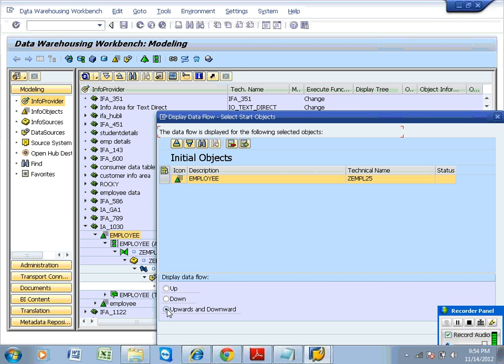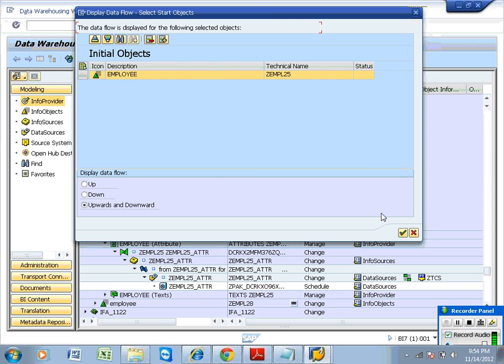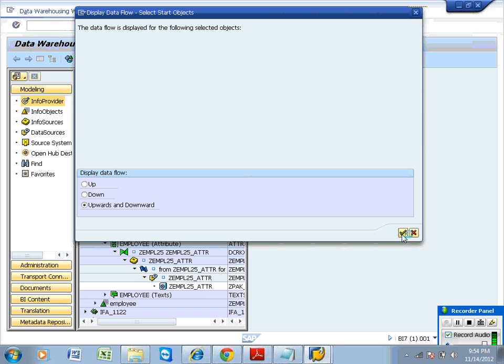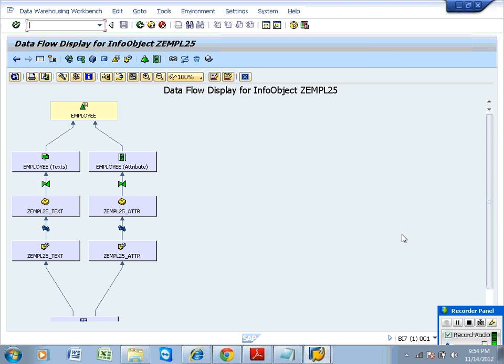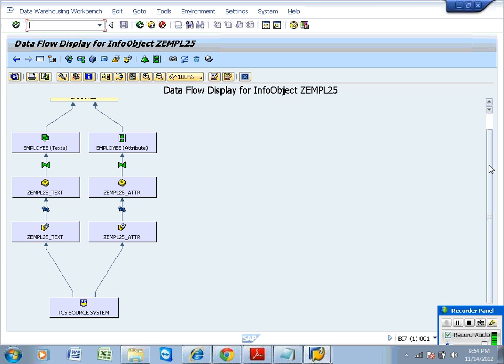In the DI finance system, I am using the data warehousing workbench. I am not using the administrator workbench. Slight differences are there in look and feel, but functionality-wise, you won't find any differences. See here, data flow-wise it will come up in the right way, but it won't showcase the PSA information. The PSA information comes and sits here.